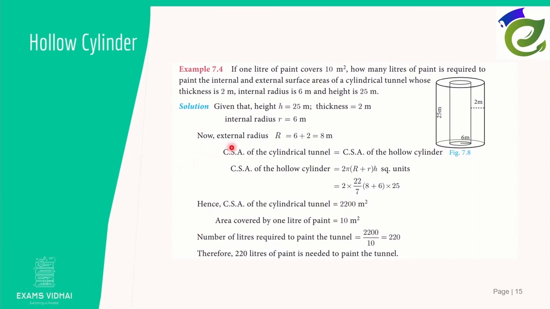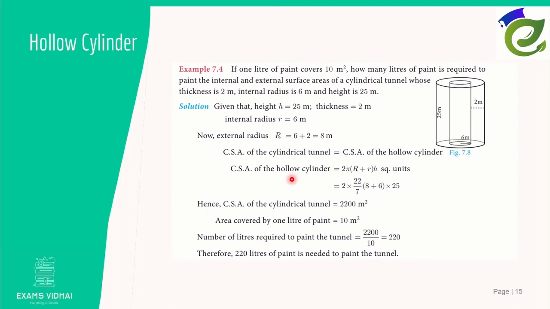Given that h is equal to 25 meter, thickness equal to 2 meter and internal radius is 6 meter. We know that external radius R equal to internal radius plus thickness, 6 plus 2, so external radius is equal to 8 meter. Both CSA of the cylindrical tunnel and CSA of the hollow cylinder are equal. Now CSA of a hollow cylinder equal to 2 pi into (R plus r) into h square units from the formula. By substituting these values, we can get CSA equal to